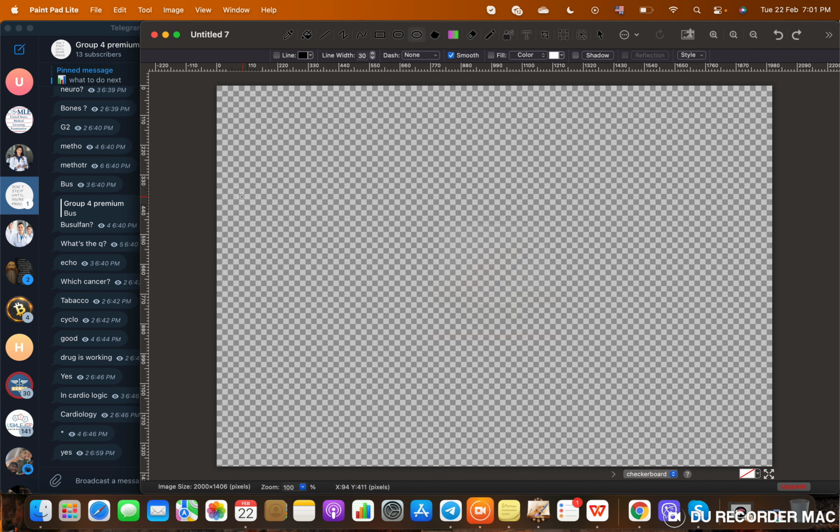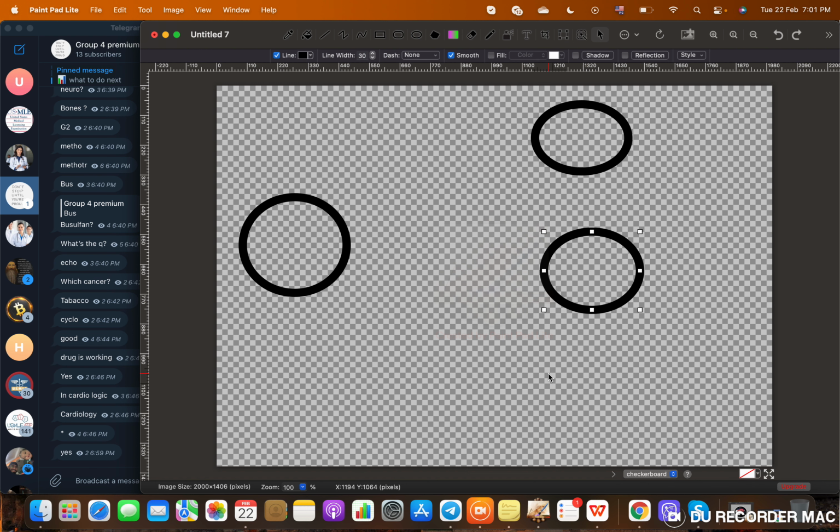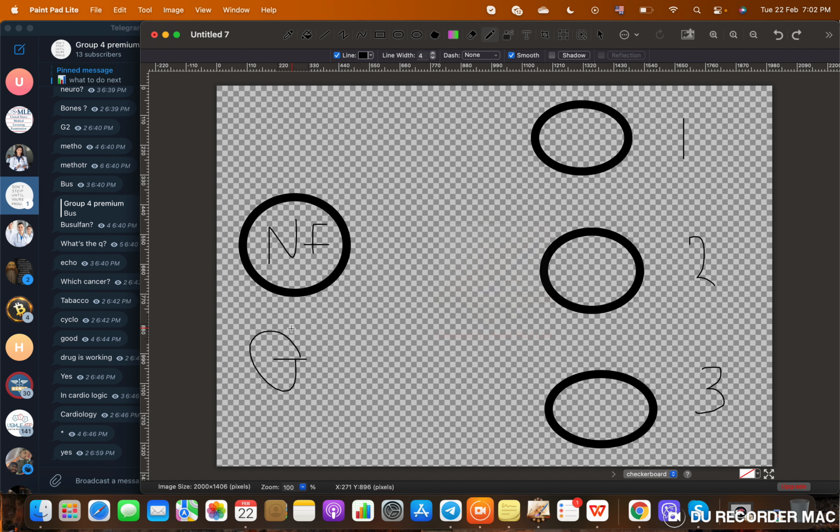Okay, let's say that we have here a genotype, right? And here we have phenotype 1, 2, 3. Let's speak about a disease: neurofibromatosis. Neurofibromatosis can be encoded by the same gene, but in some patients, the first phenotype or the presentation